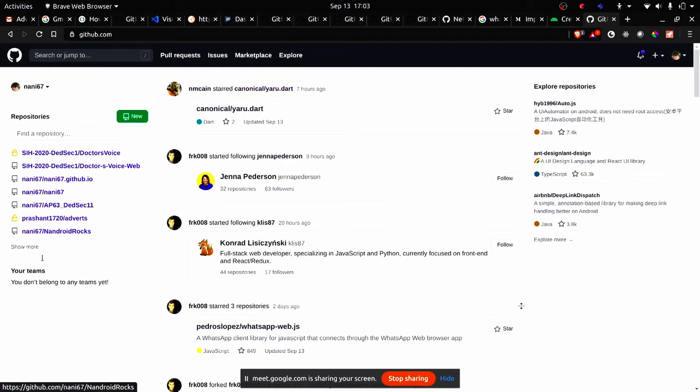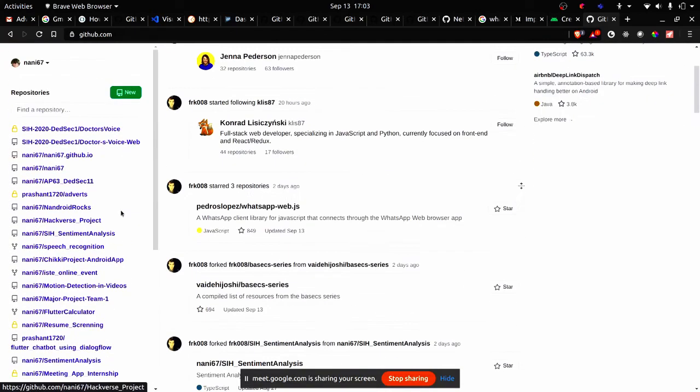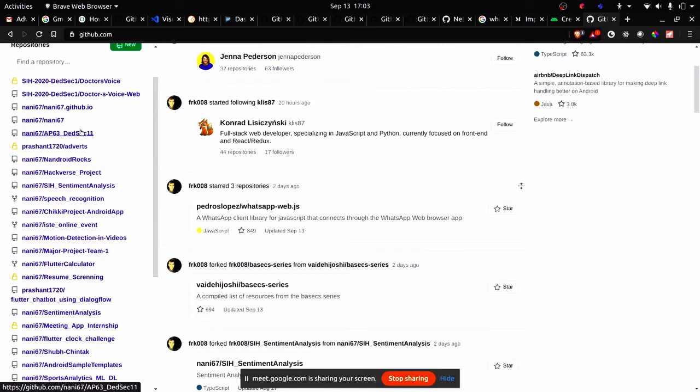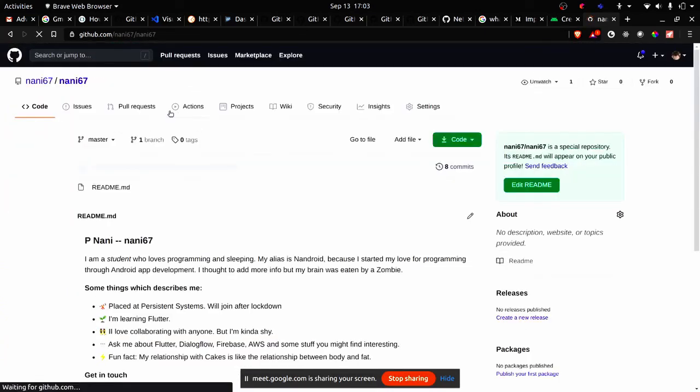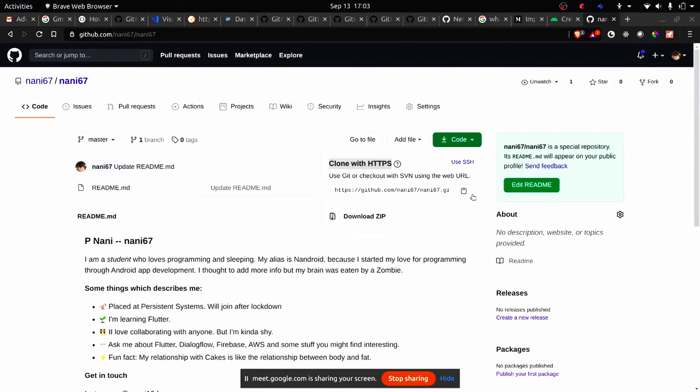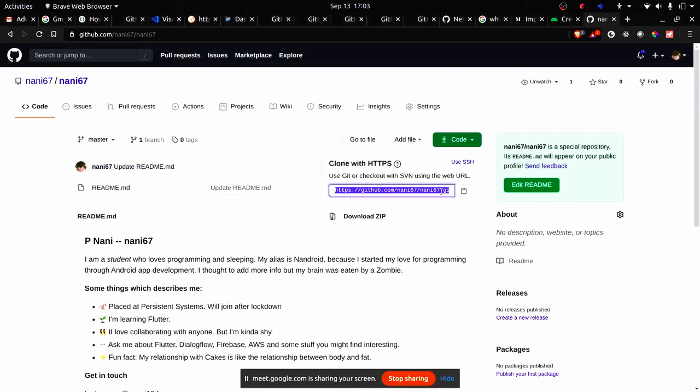I have a project here, and this is the smallest repository, so when I try to clone it, it will easily get copied. See, you can clone with HTTPS, that is nothing but you can just use this command. I'm just copying it right away.